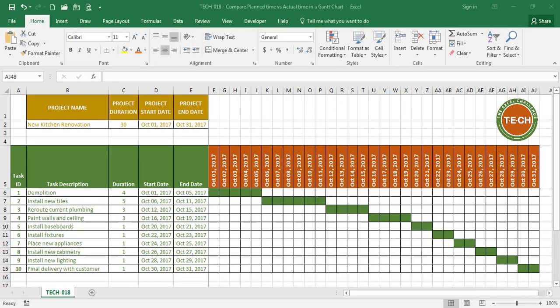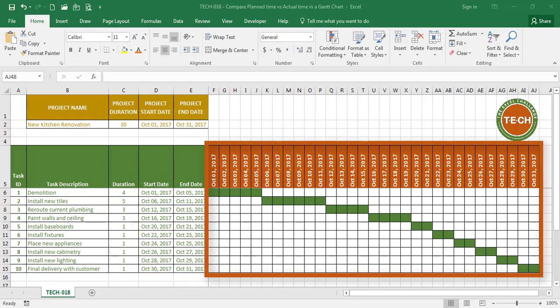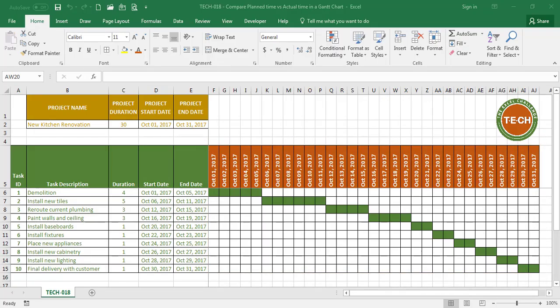I'm starting this video exactly where I left off in the previous one. The file from that video shows us a table with a list of tasks, a duration for each task, a start and an end date for each task, and the timeline with the dates on top of the chart. Now, for this challenge, what we want to do is compare the planned versus the actual for each of the